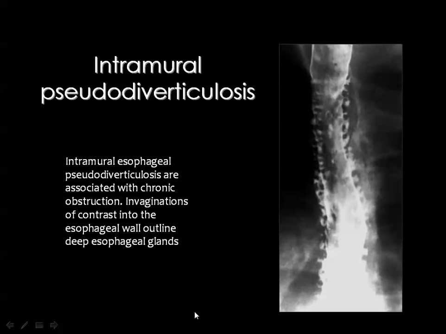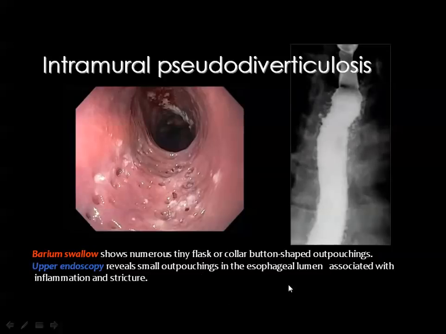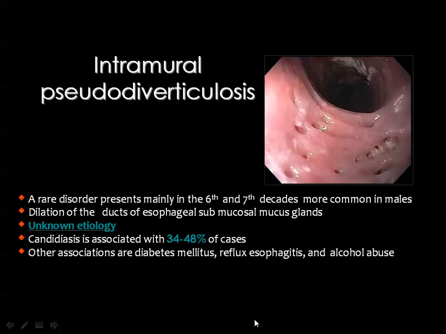Then we come to the rare condition, which is known as intramural pseudodiverticulosis. The diverticuli are associated with chronic obstructive changes, and it represents the passage of the barium through the wall of the esophagus, forming these pockets filled with barium. And this pseudodiverticulosis can be easily identified by endoscopy, as you can see, and also can be seen by the barium study. And these pseudodiverticuli are commonly associated with candida infection of the esophagus, and this is the percentage of